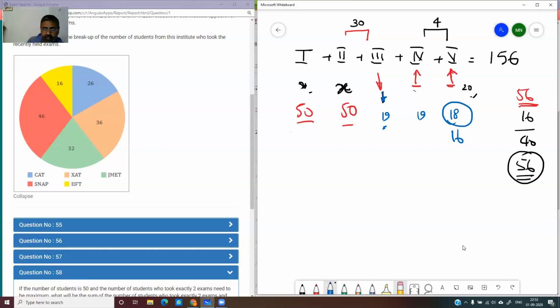In some of these areas, Venn diagram has come in LRDI also. Some of the tough LRDI problems become very easy if you are able to get that equation fast. I'm not saying that you'll get specific answers. You might get possibilities, like the one we saw, that three of them came up. Those 3 you'll get very quickly if you're able to get the special equation fast. Once you get the special equation, those 3 or 4 options come out very fast. But getting to the special equation takes time.